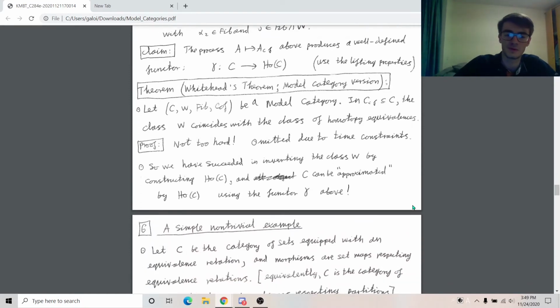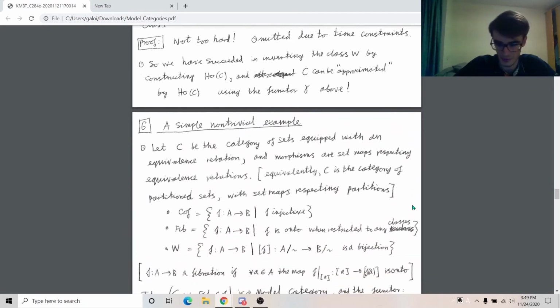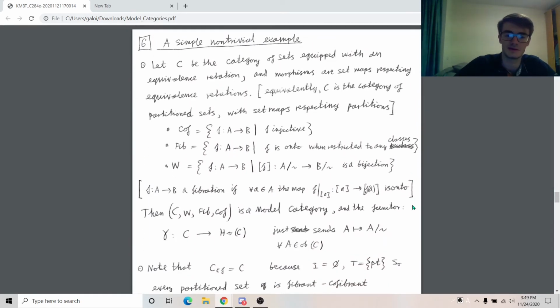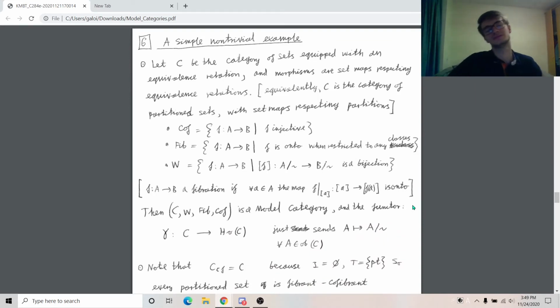Right. But before we do that, I just want to give another example of a model category, which is slightly more non-trivial than the trivial example. So let's see the category of sets equipped with an equivalence relation. And the morphisms are maps between sets which respect this equivalence relation. We can also think of C as the category of partitioned sets, and the maps are set maps which respect the partitions. And this can be given a model structure where Cof is the injective maps,